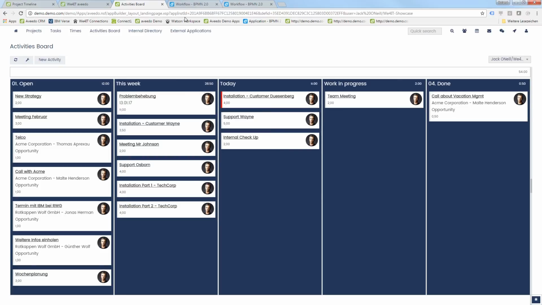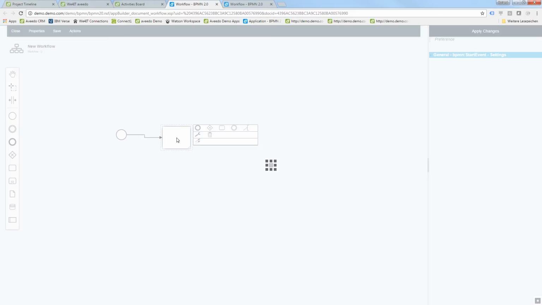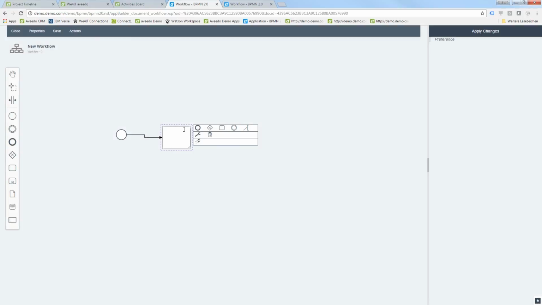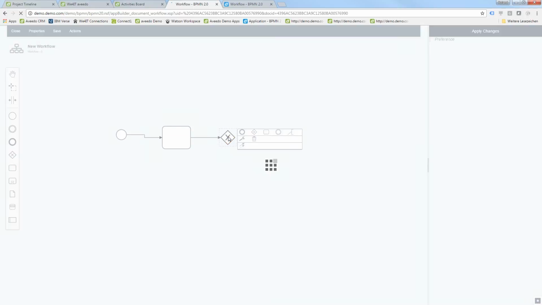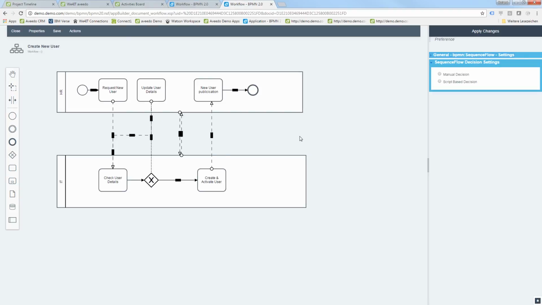Speaking of processes, a very strong feature of Aveedo is the workflow engine that we have here. It's really easy to design your own workflows here, and you can just basically drag and drop complicated workflows and configure them, and then apply these workflows to your applications. Here's one that someone who knows a little bit better than I do how to design and configure workflows has done nicely: a process to create a new user between HR and IT,